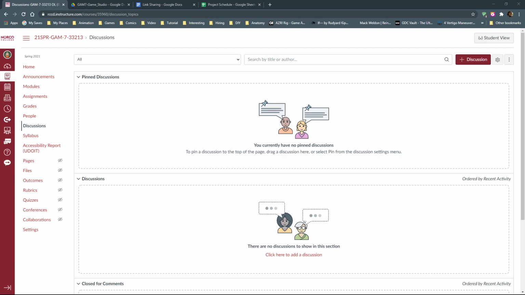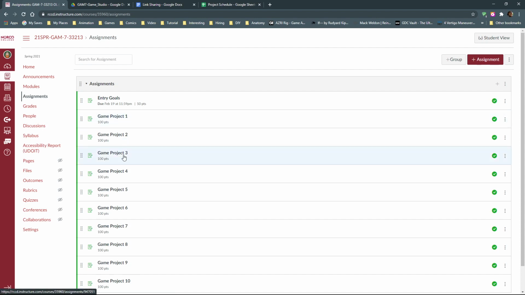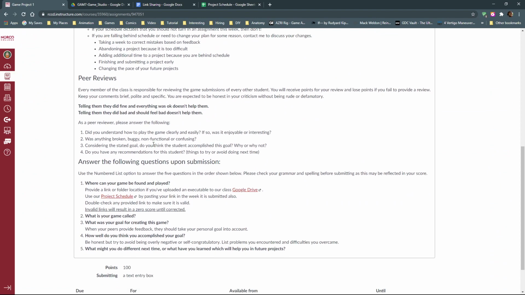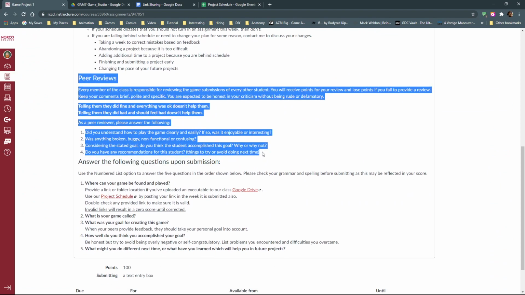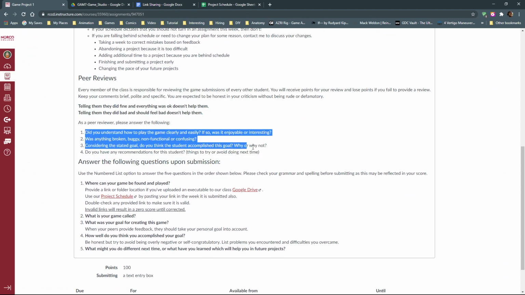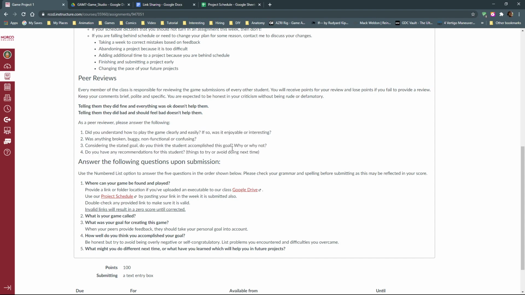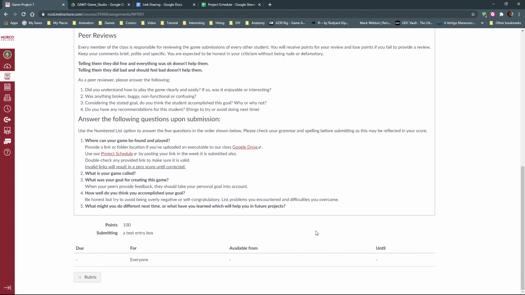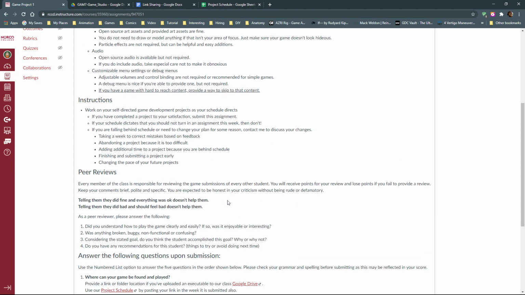Other questions, other problems, etc. Show me where to find peer review. I lost it. They don't actually exist yet, Salvo. They'll generate once people turn in assignments. So there are instructions on the lower portion of all of these assignments for what the peer reviews need to consist of. So when you're giving one, answer these 4 questions, just copy paste them and then fill them in. But your assignment for that won't generate until someone turns one of these in. Then it should automatically generate.